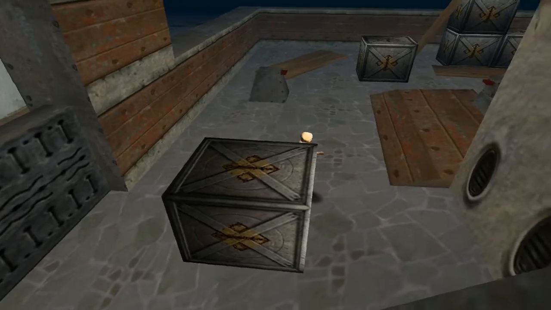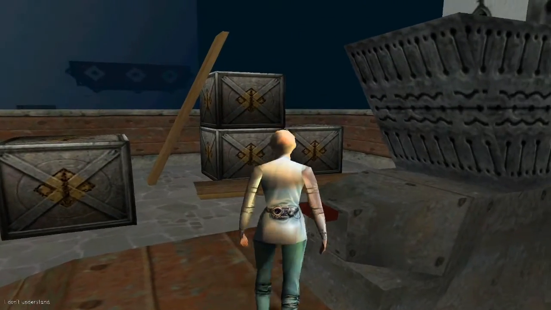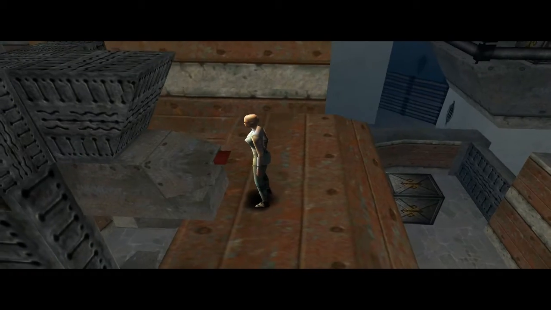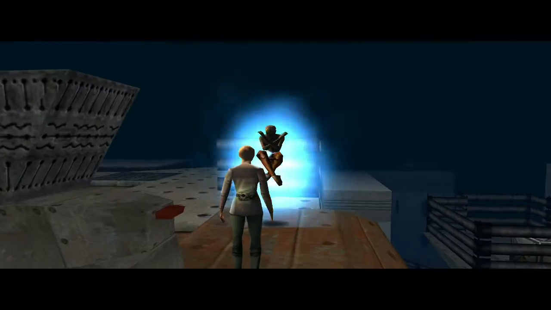That will lead us to this section of the game. First thing we do is we ride this platform up, and I think it's a crane. And what I will do to keep the